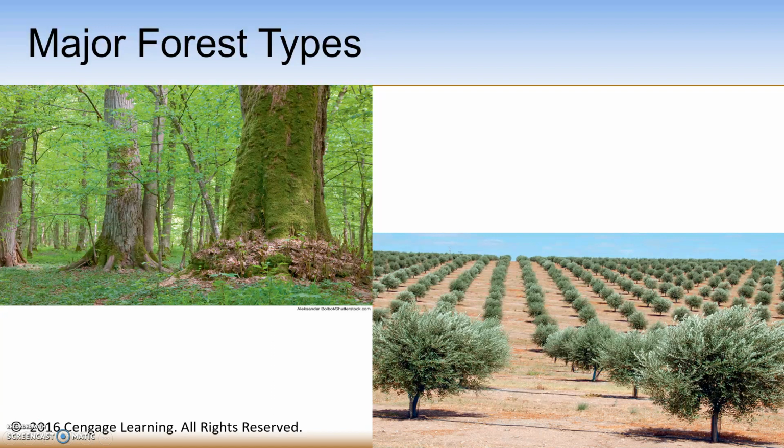The picture on the left is of an old-growth forest, and again, these have been around for over 200 years, and you're going to see large diameter trees in these forests with good canopy cover. The bottom right picture is a tree plantation, which only has 1 species of tree planted over a large geographic area. Looking at these 2 pictures, you can tell there's a lack of biodiversity on the right in the tree plantation as compared to the biodiversity on the left with the old-growth forest.